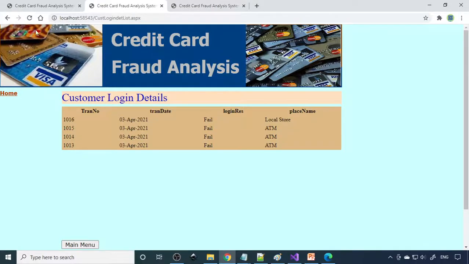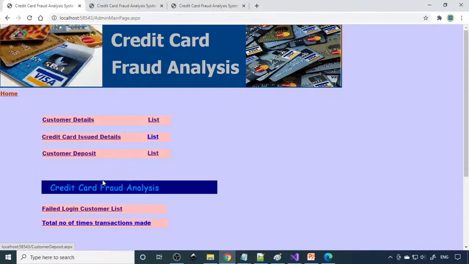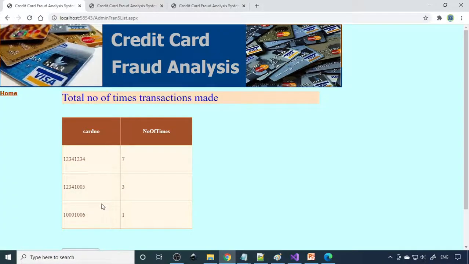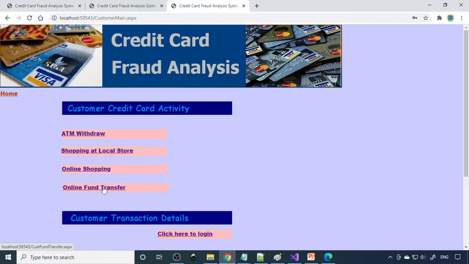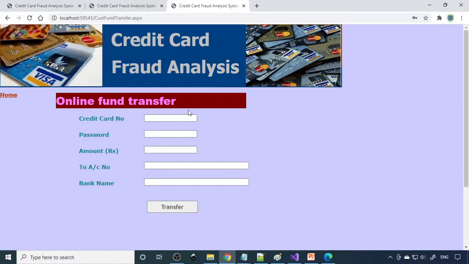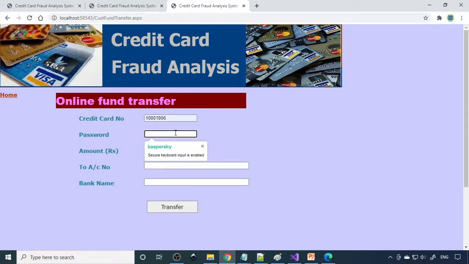Now this is a failed transaction. So you can see that. So therefore we try to purchase, again it's a fail. So in the admin side also you can see that number of attempts are increasing. So total number of transactions, this one transaction is complete, but other transactions keep on failing. So from this we can understand that if someone tries to transfer or do any activity without the correct password, then we can identify this and record the information, and based on that we can take the action.